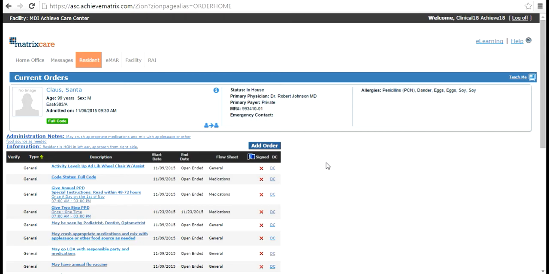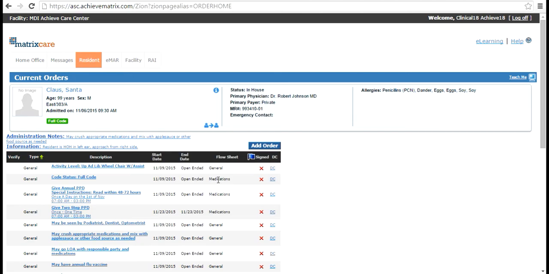So the next piece of physician orders that we're going to talk about are still some of those standard orders that we just went through. So we just added multiple standard admission orders for this resident. With those standard admission orders, anything that falls under that standard order category of all the ones that we pre-built for you, they all work the same way. They all come in a long list that you wake up the ones that you want. You make sure your dates are right, your description is right, your frequency, your flow sheet. You just make sure those elements are correct in these pre-built orders, and then we save them and we keep on moving. So they all work the same way, but we're going to take a look at the standard dietary